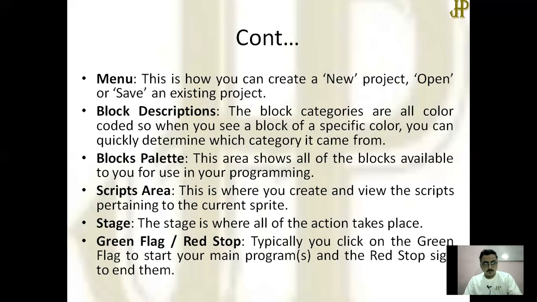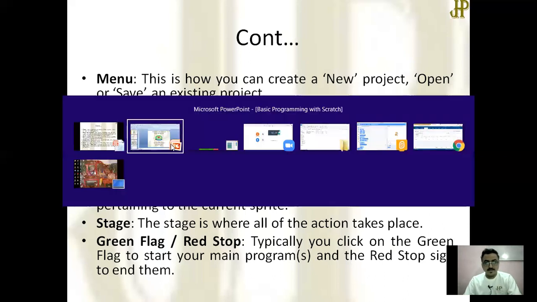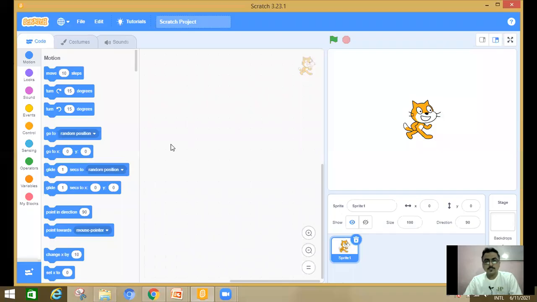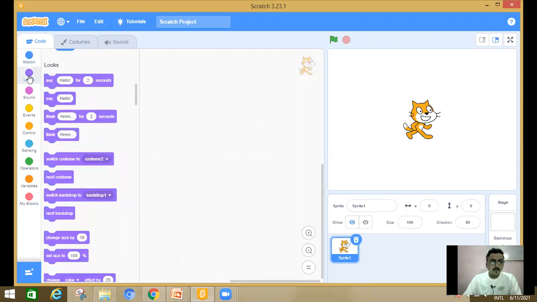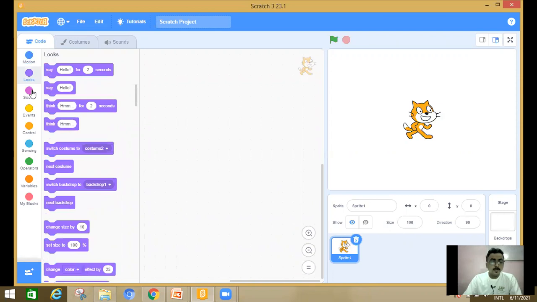So here you can see that I have opened Scratch. I have installed Scratch 3.0. Here you can see on the left hand side, the block categories, motion. Whenever I click on looks, all the blocks related to looks are available.